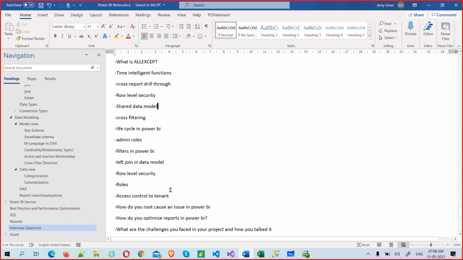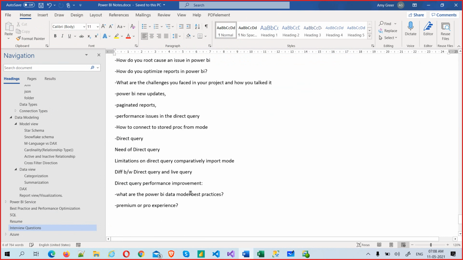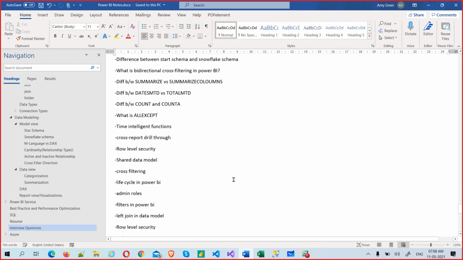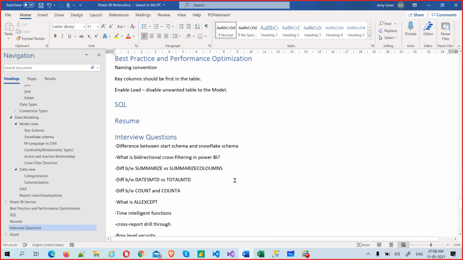These are the questions I have added, but the previous batch people can understand. Direct query we will discuss later. Guys, you should ask. If I miss any topic that is very important, it's a huge topic, but as a kick start I will give as many as possible. If I miss any important concept, you can definitely ask, and we'll definitely discuss. That depends on how you are understanding and how you are doing.